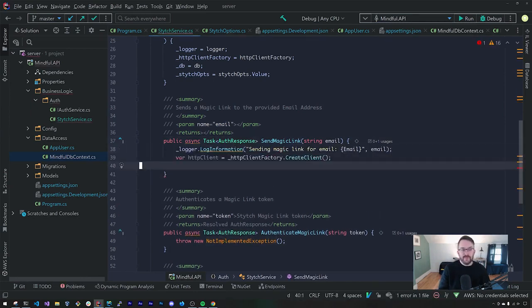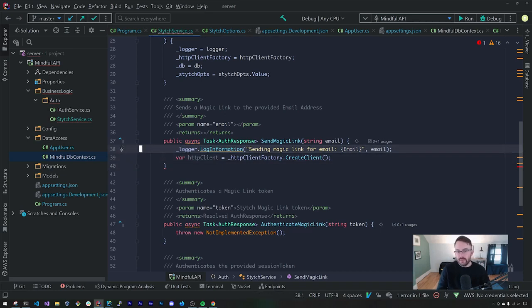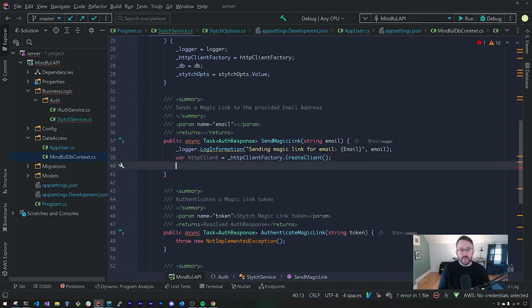Okay, so back in our .NET project with send magic link, I'm going to do a few things up front. First of all, we're going to log information that we're sending a magic link to a particular email address, and then we're going to instantiate a new HTTP client using our HTTP client factory. So in .NET, the HTTP client should be a short-lived object that we use to simply make a single request within the scope of a method. So that's what we're doing here: creating a new instance of an HTTP client using that injectable HTTP client factory. Then we're going to create our payload,